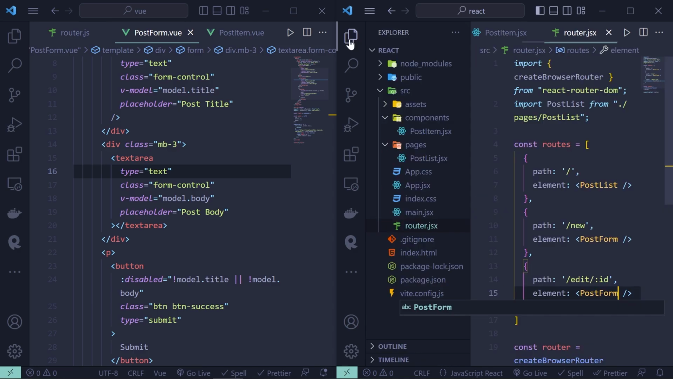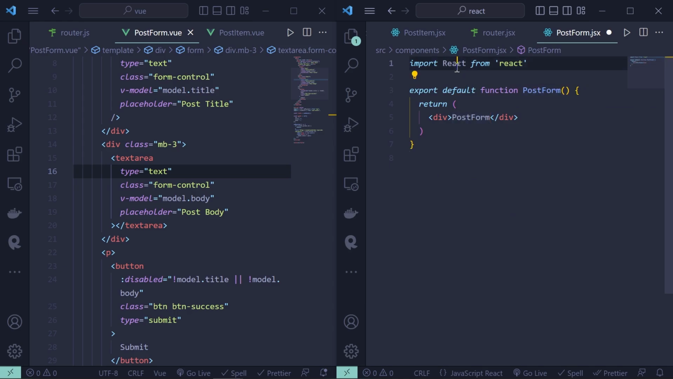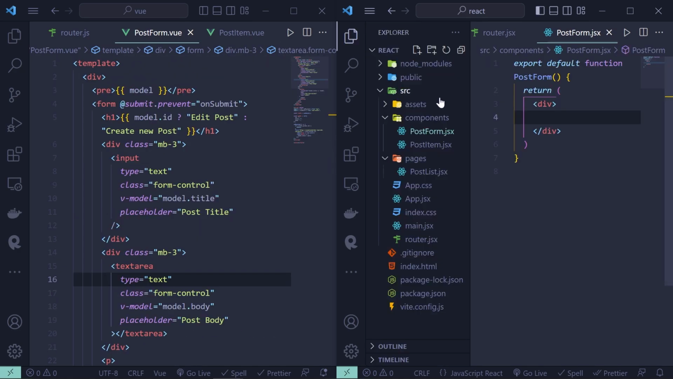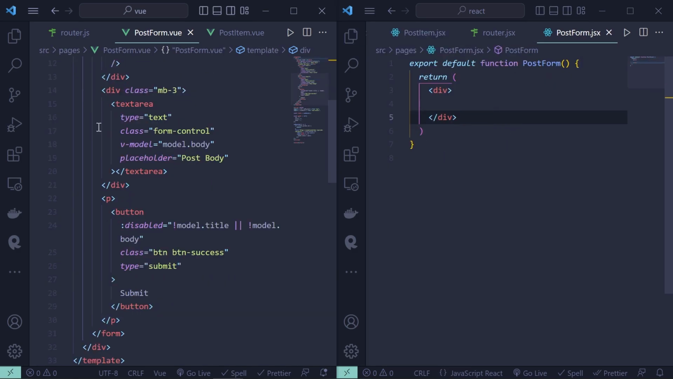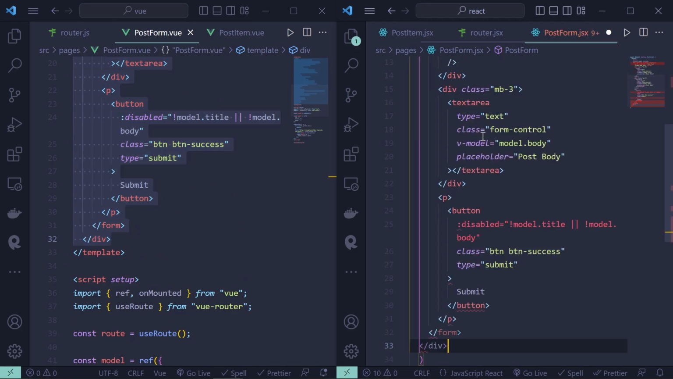Now, let's go in the components and create post form.jsx. Let's generate boilerplate code, and inside there, I'm going to copy and paste my post form template. Well, first of all, I'm going to move this post form into pages because this is associated to route. It must be under pages. Now let me copy and paste the whole div, and let's modify it step by step, and that's going to